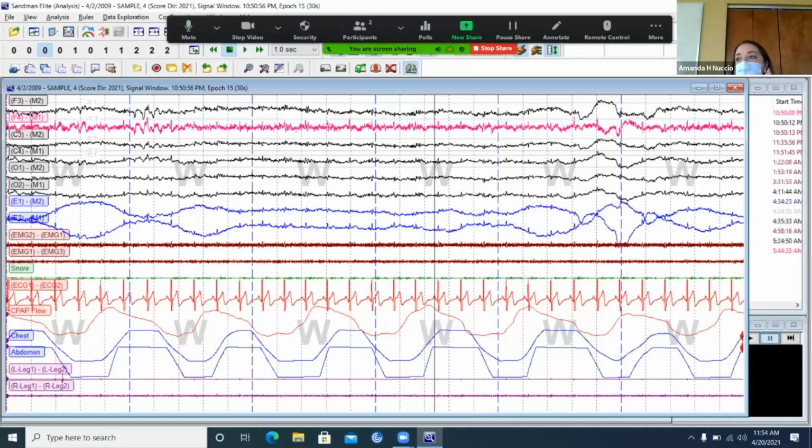When I increase my high frequency filter to 70, it's now blocking only anything above 70, but allowing everything below 70 to pass. At 35, any frequency coming through above 35 is blocked. And so what it's allowing to pass now is a lot of this ambient electrical